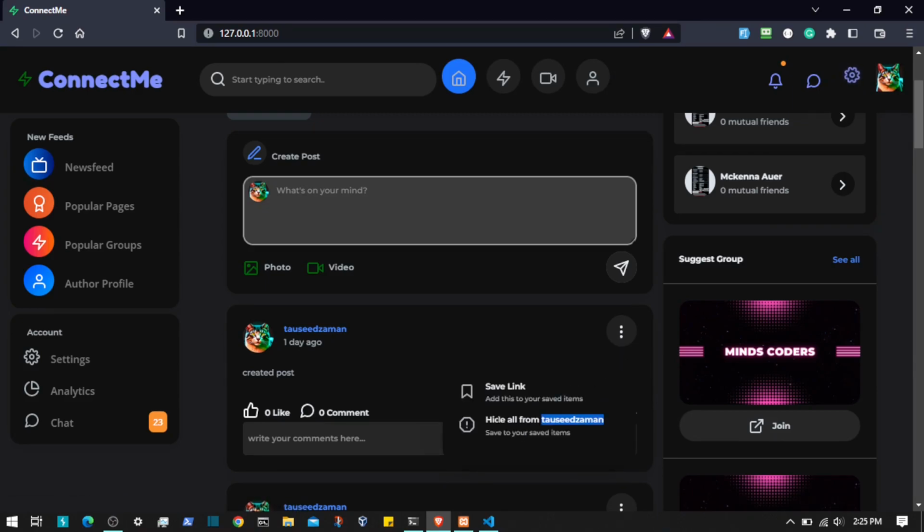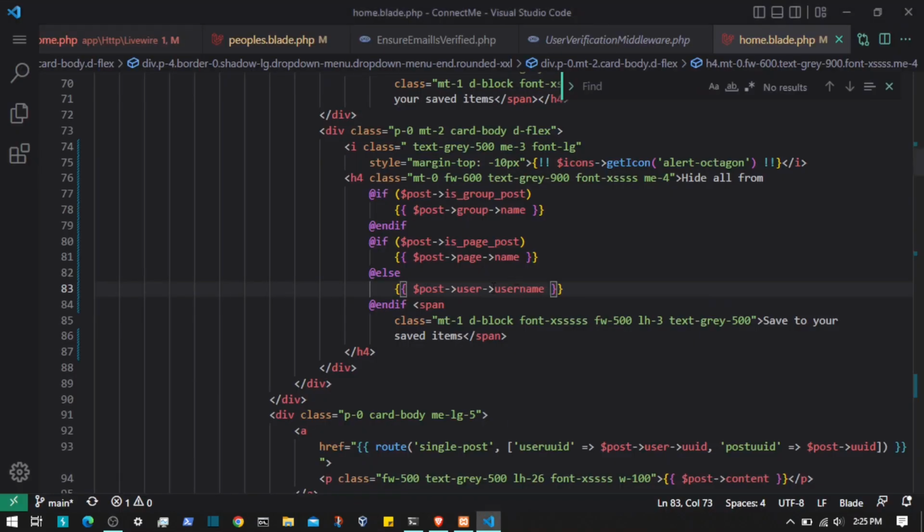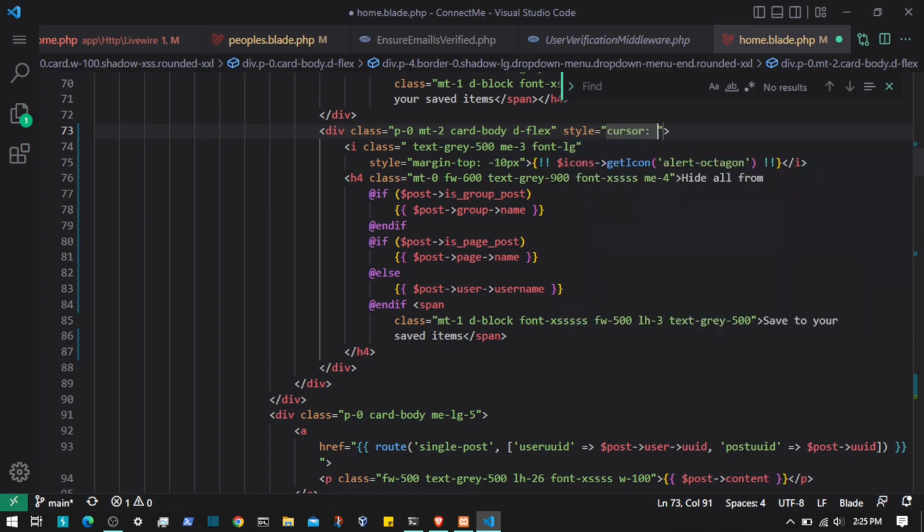And now as you can see, we have that specific option. And now if I click on this, then I should unfollow that person. First I'm going to add cursor pointer. So style cursor pointer, and then I'm gonna add click event. So wire click, maybe no need to prevent, it already prevents that. So let's say hide all. Let's say hide_all_from, and then